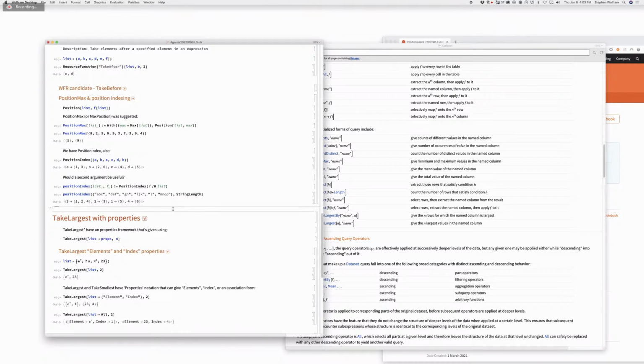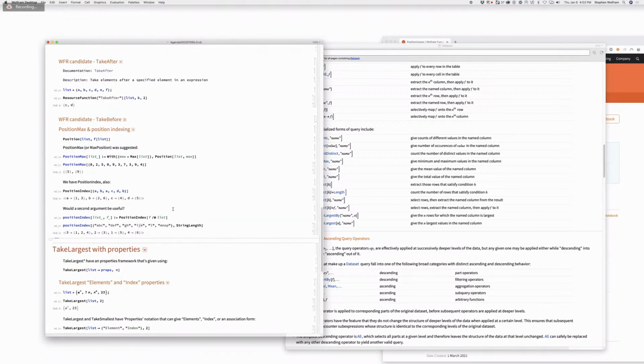Okay, so let's come back again here. What are our directions here? One is enhancing part specifications to be able to look inside at the data. Okay, so that's a question. Do we want to do something like that? The second is